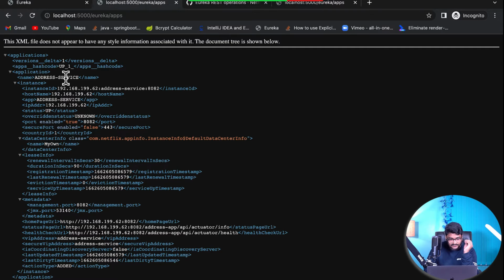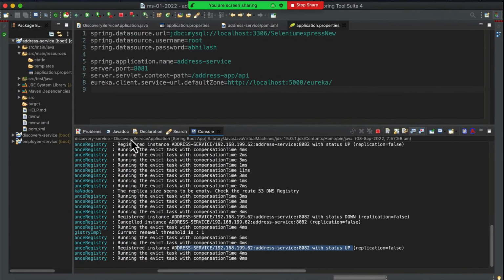Whenever you start the service, it doesn't mean that it will instantly go to the Eureka registry. The Eureka discovery service will wait. Once it accepts at least one heartbeat from the microservice, only then is it going to register that inside the registry. And just like that, for an example, if you stop this,